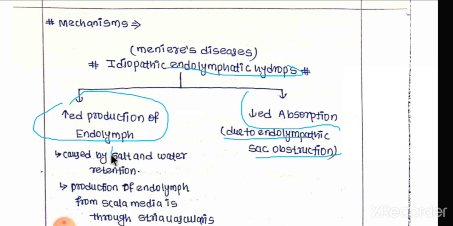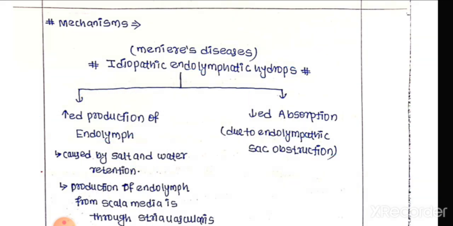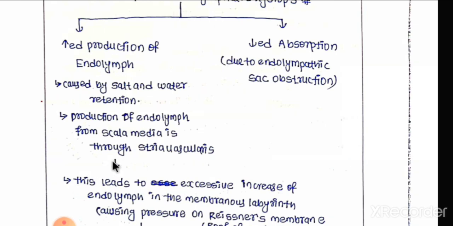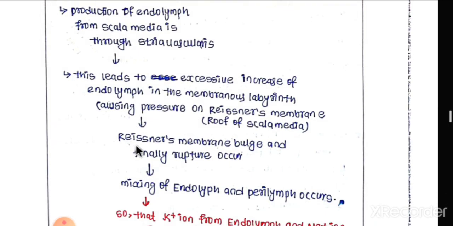That is maybe due to salt and water retention, and production of endolymph from the scala media is through the stria vascularis. We have already told about this stria vascularis. This leads to an excessive increase of the endolymph in the membranous labyrinth,